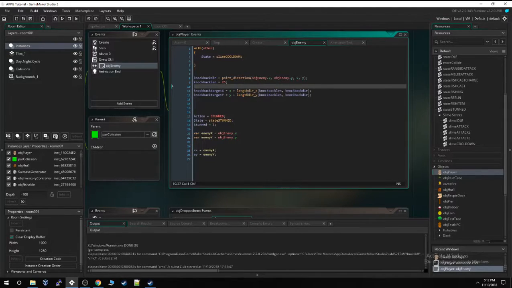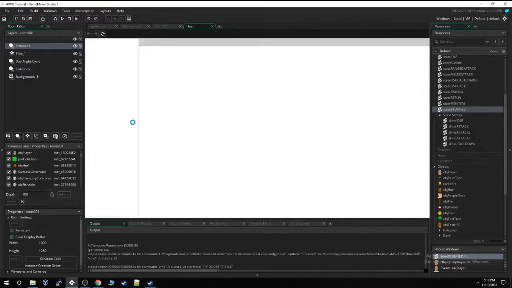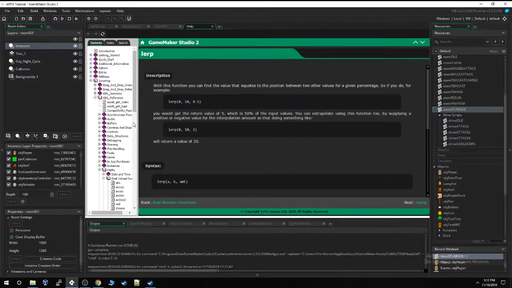We calculate a length dir X and a length dir Y, and then pass those through to the script in the lerp. This thing has proved to be awesome. If you guys haven't used lerp, get on using lerp because it's one of the coolest things. You can find the value that equates to the position between two other values for a given percentage. So if you do, for example,